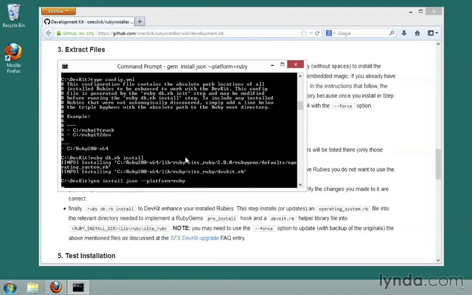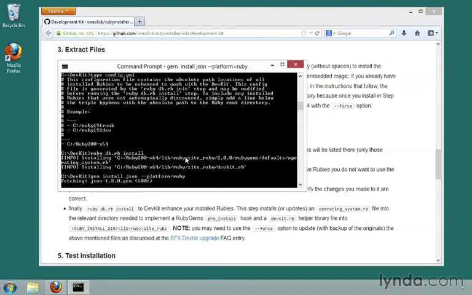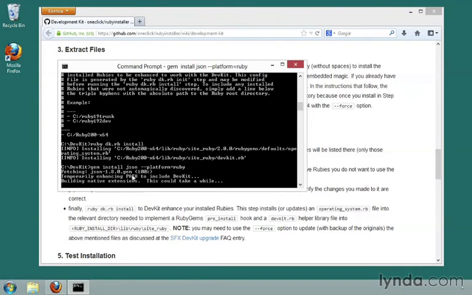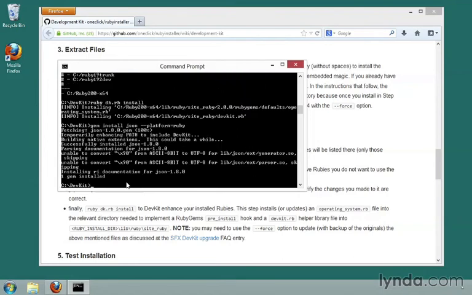And JSON should install for us. And you should see it come up in the messages and say with native extensions while it's installing. So there it is, temporarily enhancing path to include DevKit, building native extensions. That's the key part that we wanted to see. And as the wiki notes, we can actually try out using that gem by using